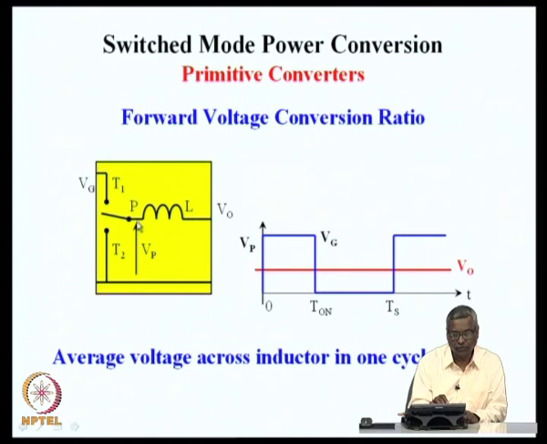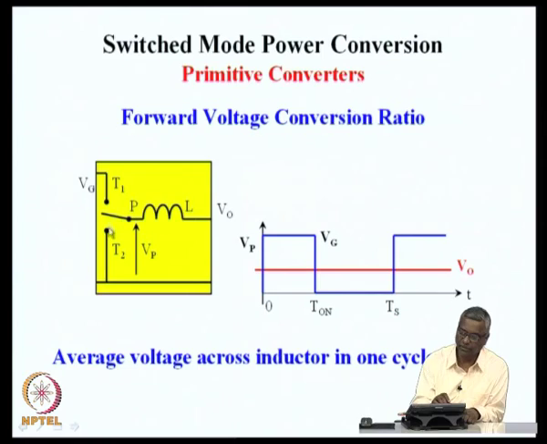The average voltage on one end of the inductor will be the same as the average voltage at the other end. On an average, an inductor does not support any voltage. All these are equivalent statements as the average voltage across an inductor in one cycle is 0. So, what we see here